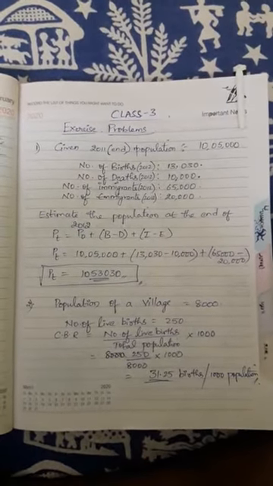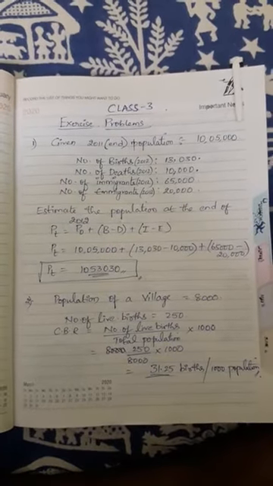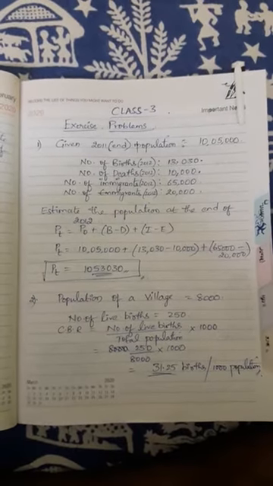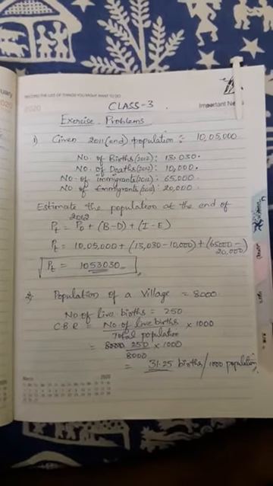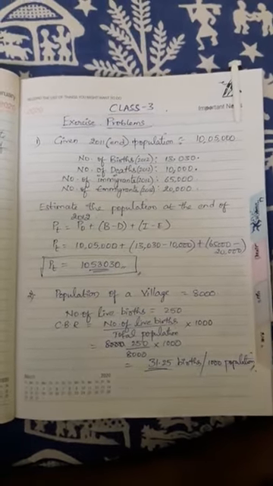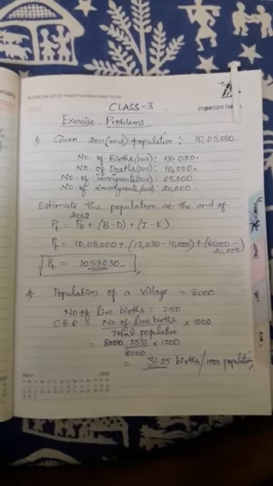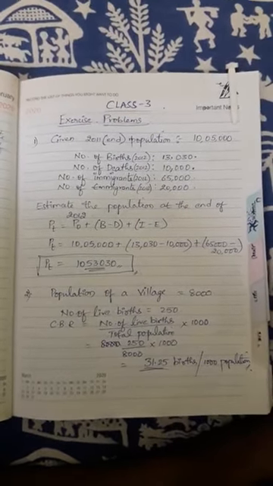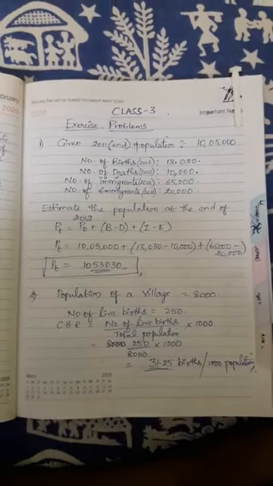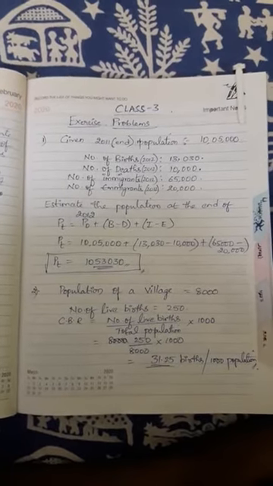We are going to solve exercise questions. In the previous class, I gave you the entire formula list of fertility rates, isn't it? Now, using those formulas as well as the measurement of population formula that I have also given. If you remember, Pt equals P naught plus births minus deaths plus immigrants minus emigrants. Right? Initially, in the first video, I explained that measurement of population formula.